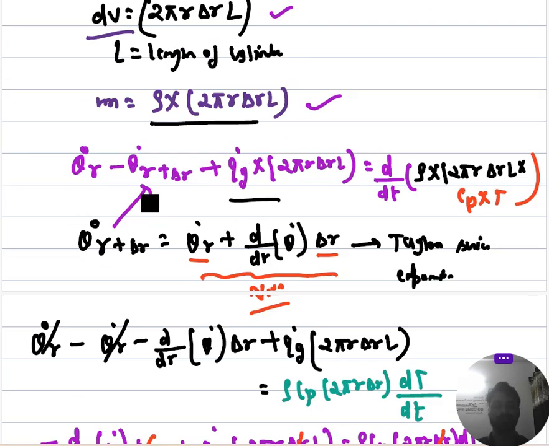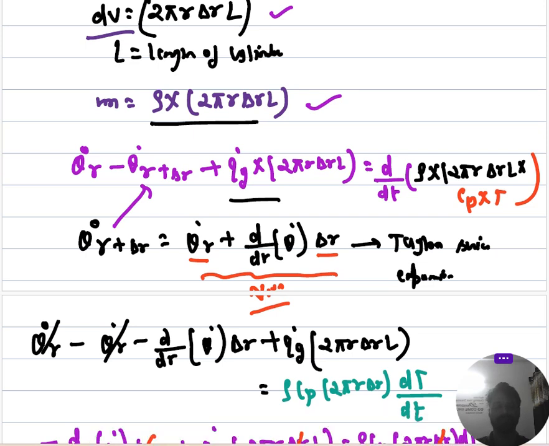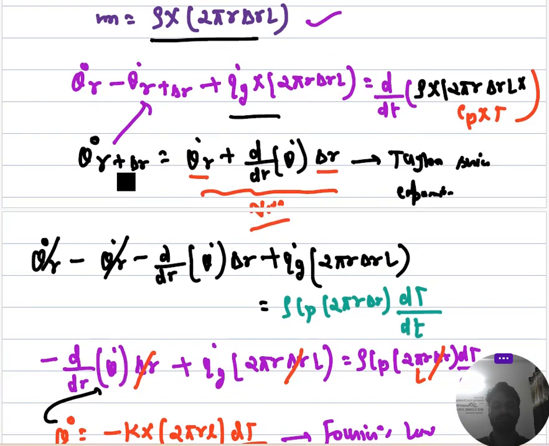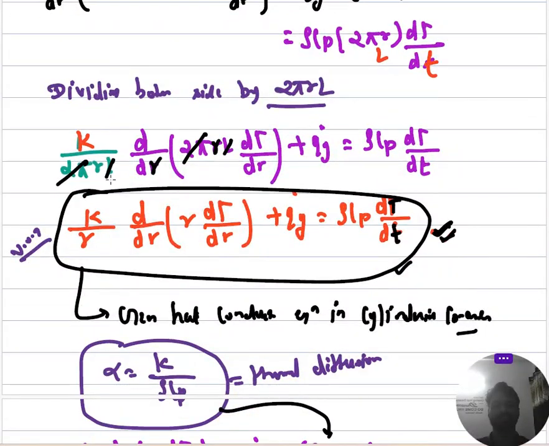Now you can write Q at r minus Q at r plus dr plus Q dot G, the volumetric rate of heat generation in the cylindrical differential volume, into 2 pi r delta r into L, equals d by dt of mass, which I have calculated, into Cp T. Cp is the heat capacity of the solid material. Once you do these things, and after that do the Taylor series expansion, this is very simple mathematics, you will be getting